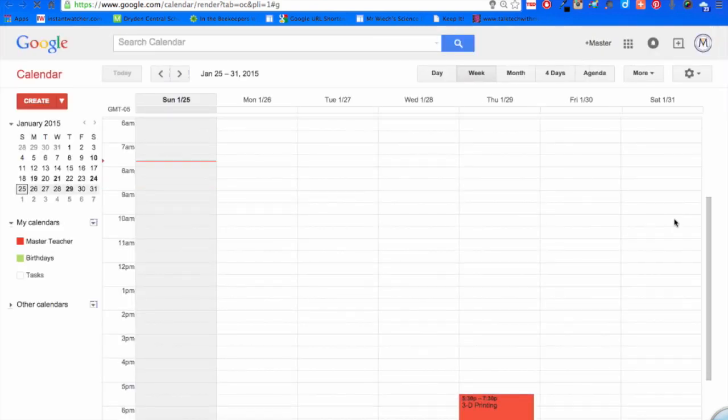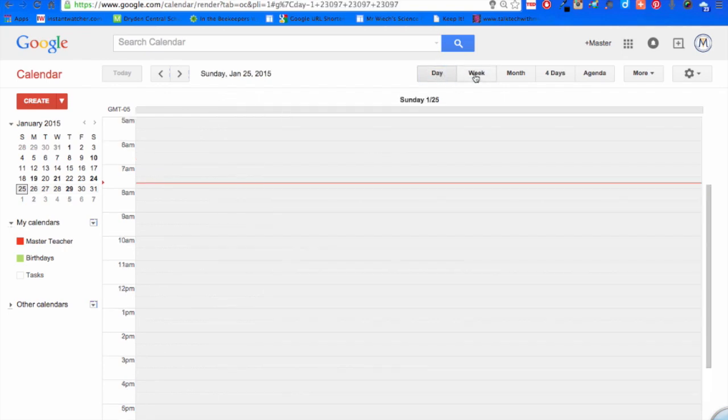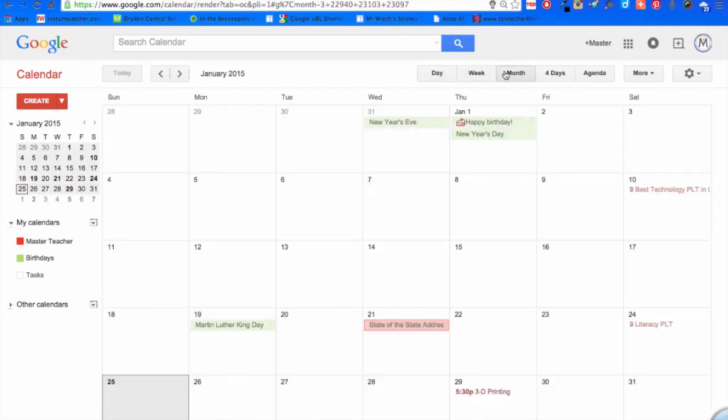It should have been shared with all of you. So here's the calendar. You have a couple options. You can choose day, by the week, by the month, 4 days, or you can have an agenda view. I'm going to use the month view, and in it you can see here's January,